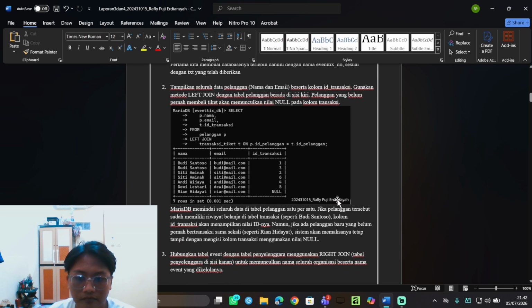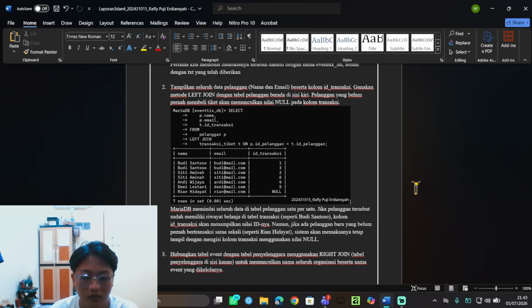For the next step, we have to show all of the table of customer, including name and email with column ID. And we use the left join method for the table customer, and the table is on the left. Here, MariaDB will scan all the data in the customer table one by one.